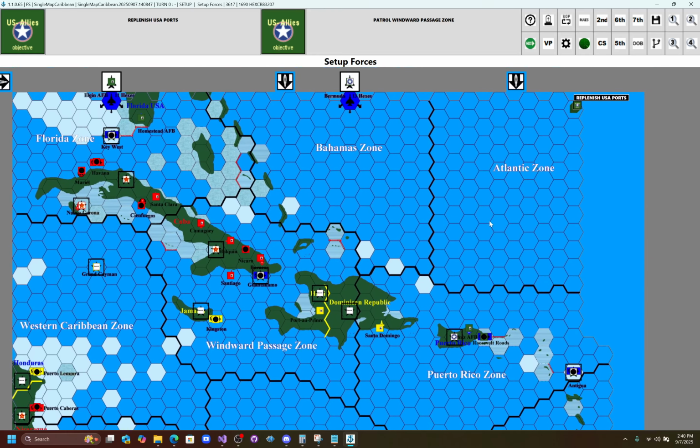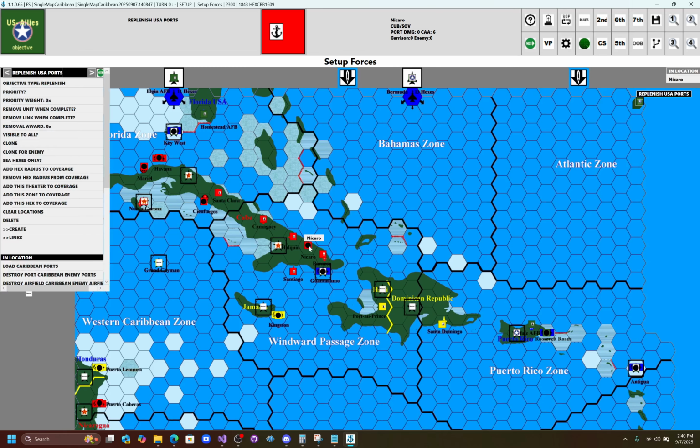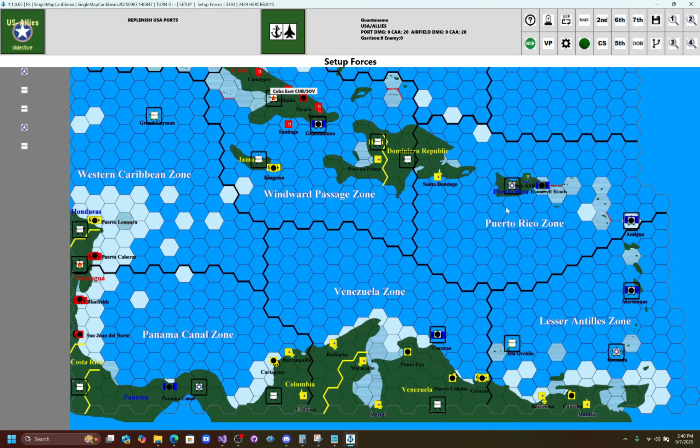Hmm, that's interesting. I'll have to look at this. I don't know why it selected Nakaro and all these. I'll have to check that out. What it's supposed to be able to do is check any base that might be part of its side. So there must be a little piece of logic in here that for some reason it's picking these guys. I'll look at that real quick, but it should not have picked these guys, and I don't know why it did. What it should have only picked is Key West, Guantanamo, Puerto Rico,